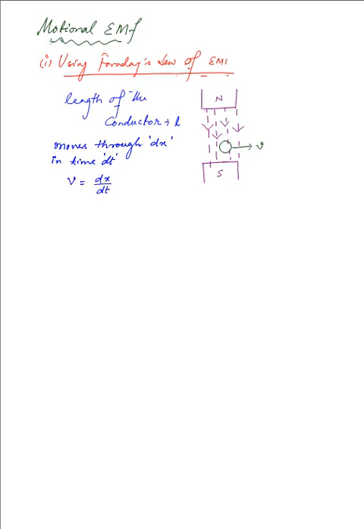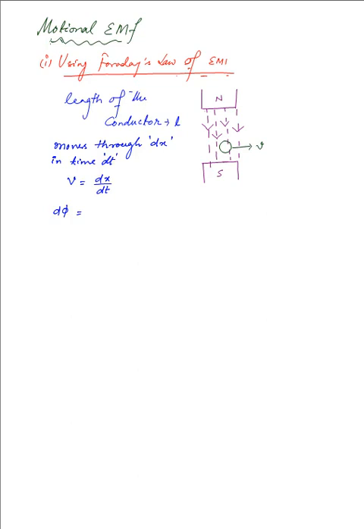Now the magnetic flux produced in the given time dt, d phi, will be equal to the magnetic field multiplied by the area. Now the area of the cylinder that is exposed as it cuts through the magnetic field in time dt